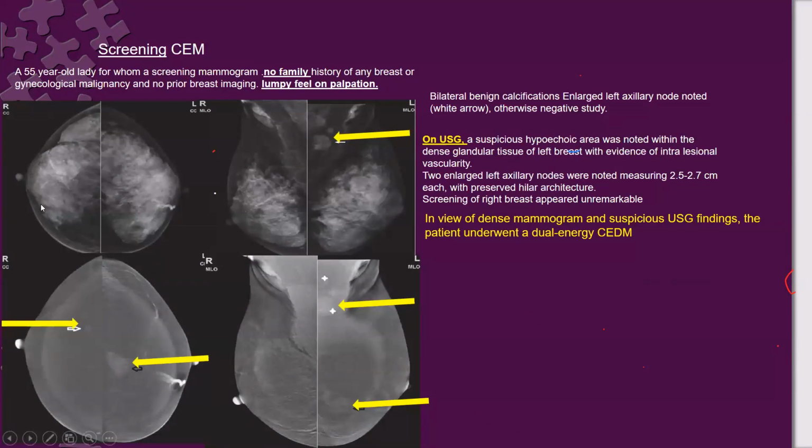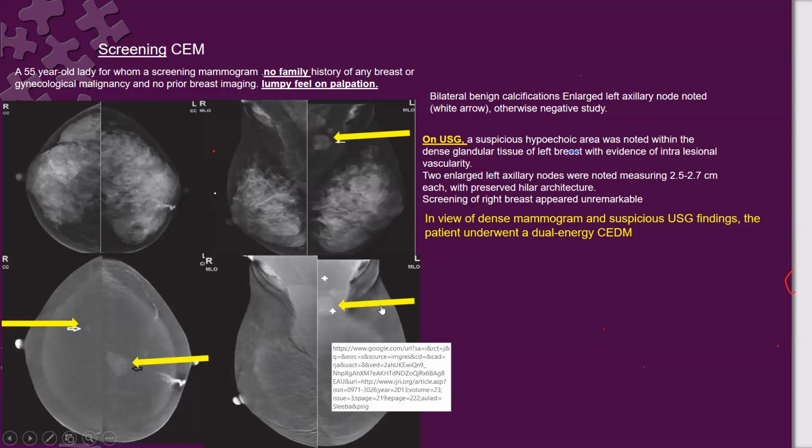Again, this is a screening extremely dense mammography in a 55-year-old, but she has no family history. Her mammography, with the exception of this suspicious lymph node, shows no other suspicious findings, but ultrasound demonstrates a high buccal suspicious mass on the left breast. In view of this suspicious finding, we proceed to contrast-enhanced mammography, which demonstrates enhancement of this axillary lymph node, and